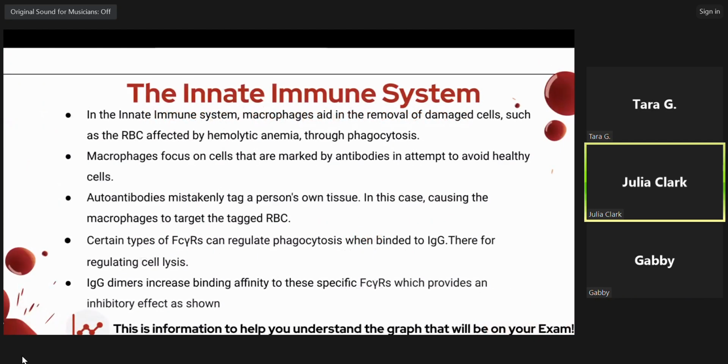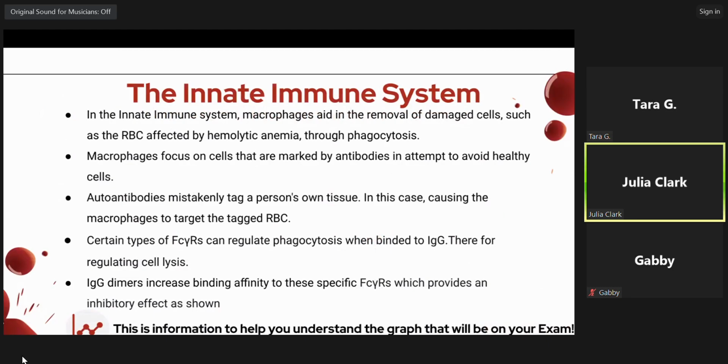So, in the innate immune system, macrophages aid in the removal of damaged cells through phagocytosis. For example, it is the red blood cells affected by hemolytic anemia that are getting removed by the macrophages. Macrophages mainly focus on cells that are marked by antibodies and attempt to avoid healthy cells. Autoantibodies, however, mistakenly tag a person's own tissue, in this case causing the macrophages to target the tagged red blood